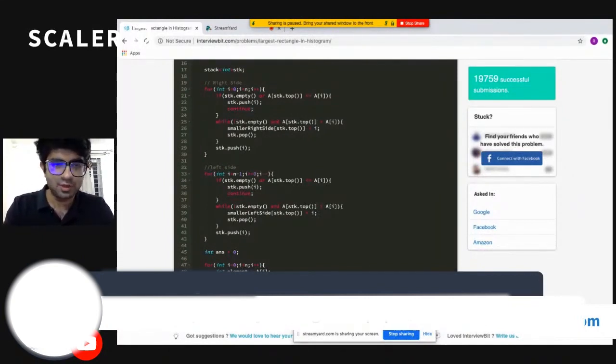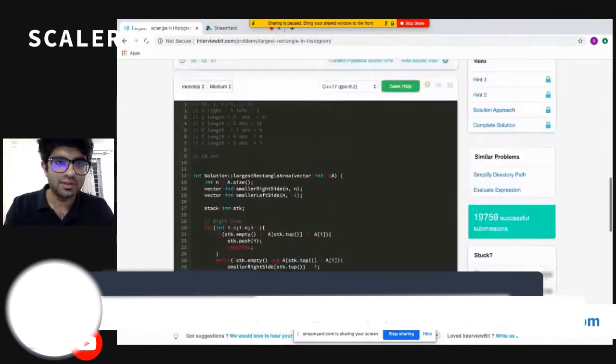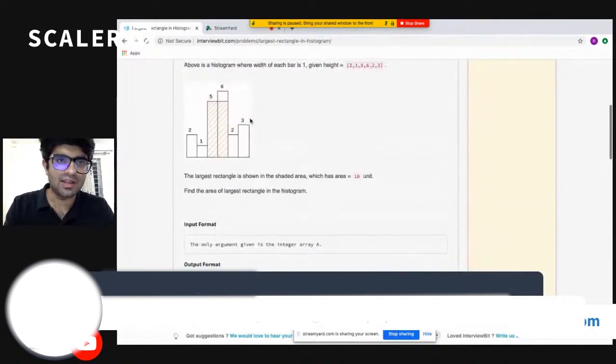What will be my temp answer? That temp answer symbolizes that if I take this particular element in consideration, what is the maximum area of rectangle that I can achieve?